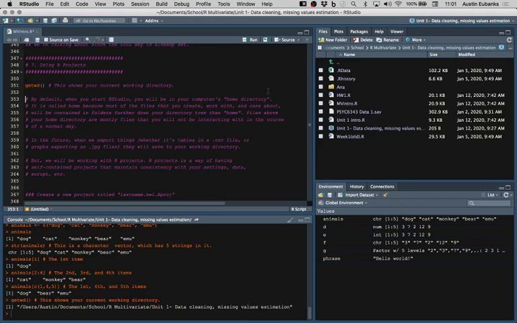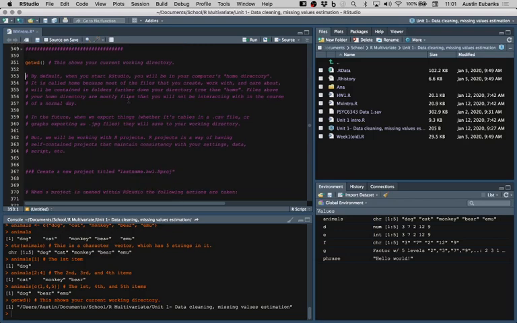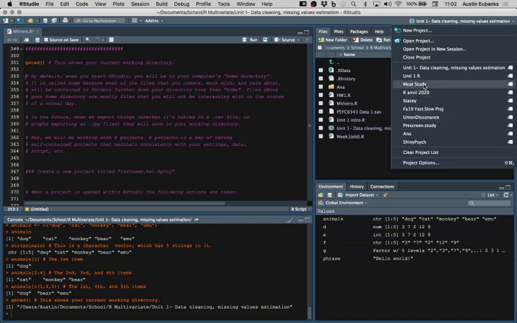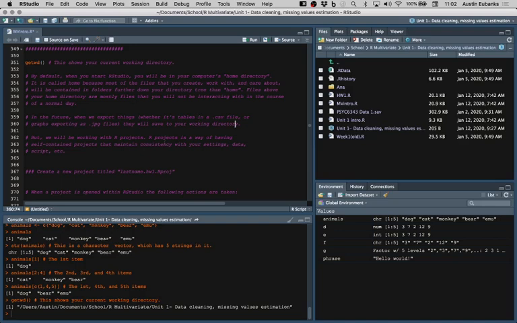So the only way to get these things to all work cohesively is to be using the working directory the way it's supposed to be used, which R projects makes a lot easier. In short, you'll have a folder with an rproj file. When you open that, it'll look just like this, and this over here is where you can switch your projects. Then you'll just put the data file and scripts directly into that without changing their names, and all the scripts will run